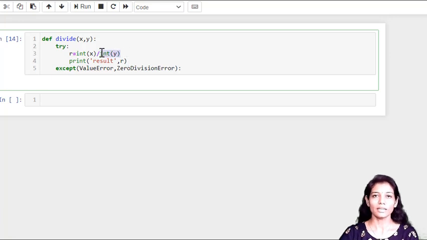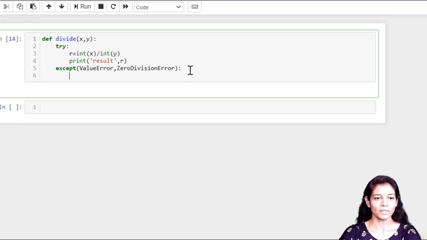And secondly, if y is 0, in that case it can have an error. So these two types of exception classes I am trying to handle. So here I'll print something went wrong. So two sorts of exceptions I have handled here.